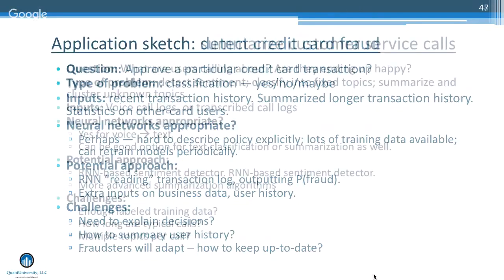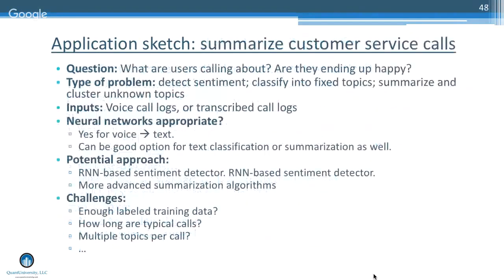Okay, well, so let's quickly talk about another one. I think maybe a little bit more straightforward. So I was talking to someone who was thinking about this idea, right? So I have a company, I have a big customer support center where people call in and ask questions and hopefully get helped and leave happy. And I want to know how well that's going, right? So if I have only a few people, I can just walk in and listen. But if I want to get statistics, you need to actually figure it out.